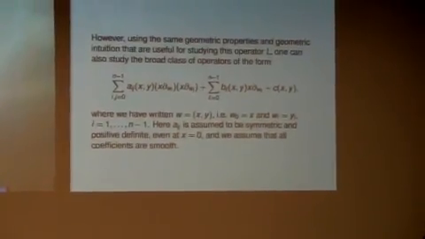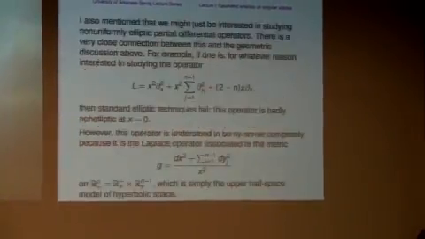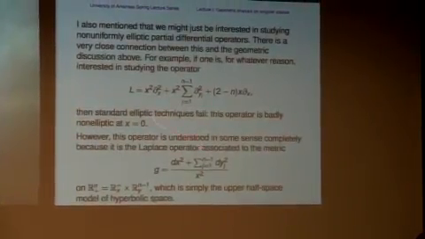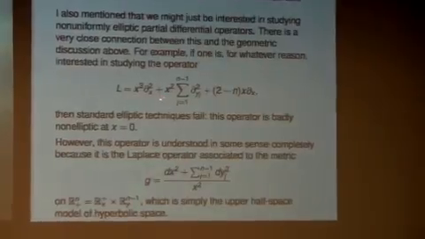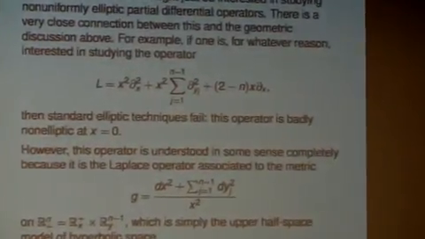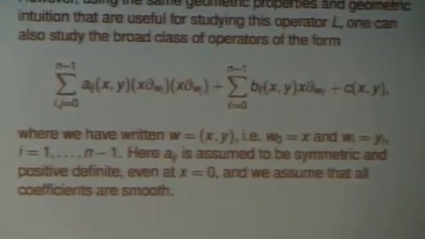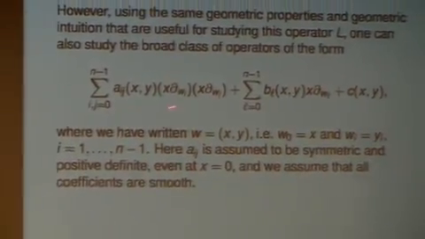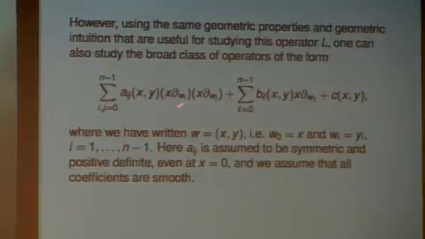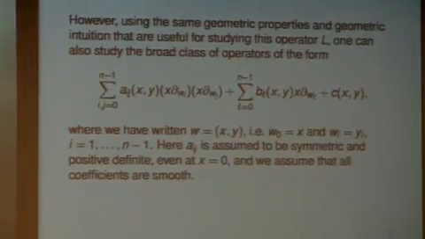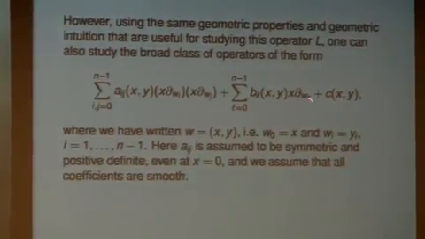And in fact, you then sort of say, I want an operator that has the same type of degeneracy as this. Now notice this has x squared times d by dx squared and x squared d by dy squared. Right? And there's an x in front of d by dx. The right way to generalize that is to say that every time you have an x or y derivative, it's accompanied by a factor of x in front. Okay, so this is the type of degeneracy that we're allowing.